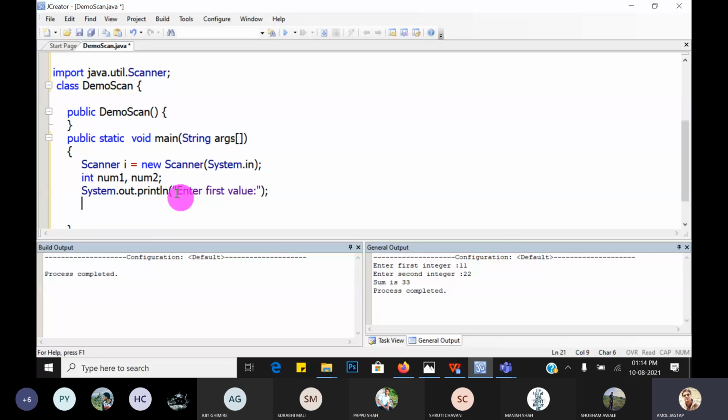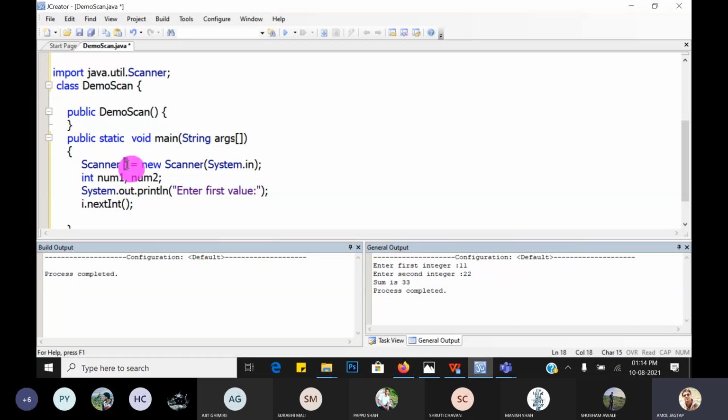Next, we want to save our value into num1, the first value. So there is one method, i.nextInt. nextInt is a method to scan the value from the user by using which stream?